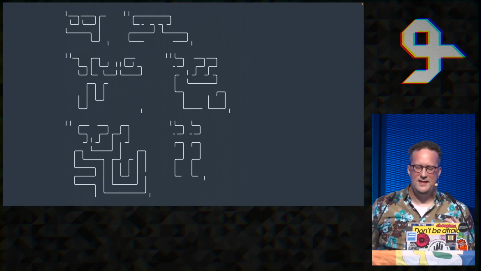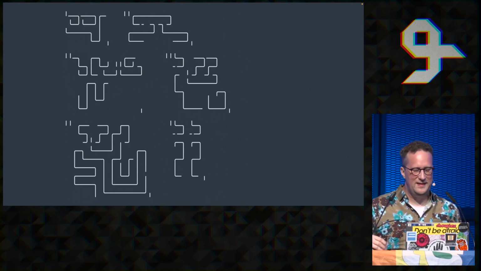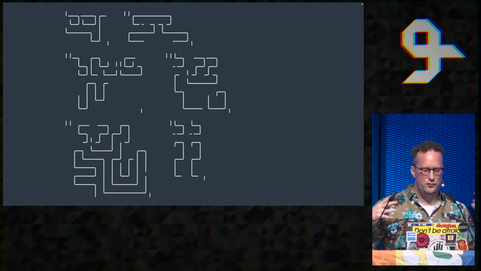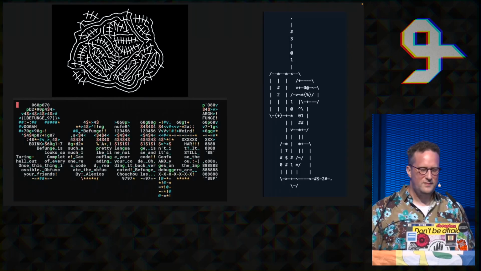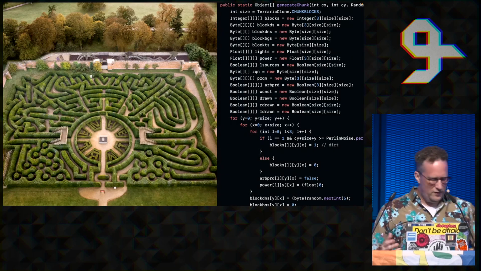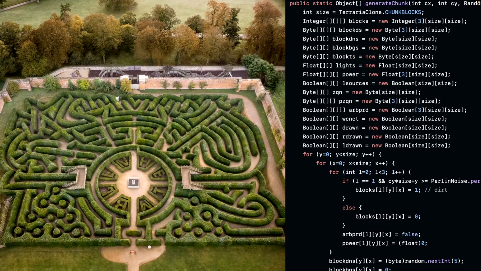You wouldn't look at this and say, oh, I'm just drawing a whole bunch of lines because I think they look cool. You can tell that something else is going on with it. So it's not truly multi-coding in the same way, if that makes sense. So, mazes. Rivulet was obviously inspired in some ways by mazes. And one thing about a maze is it's very much like looking at a piece of code.